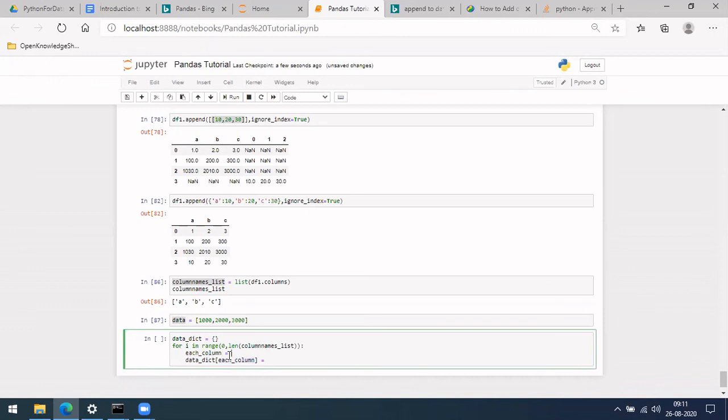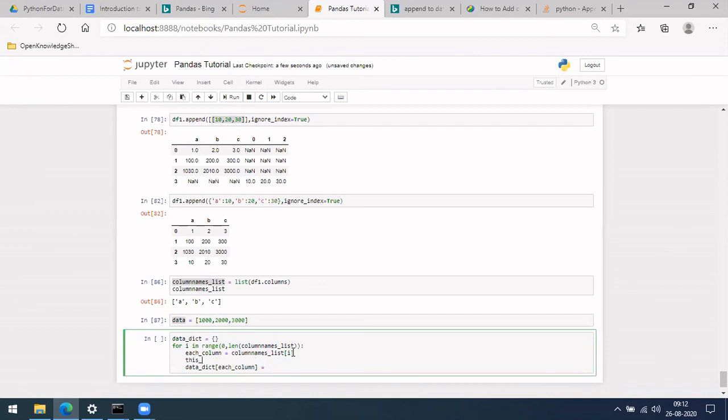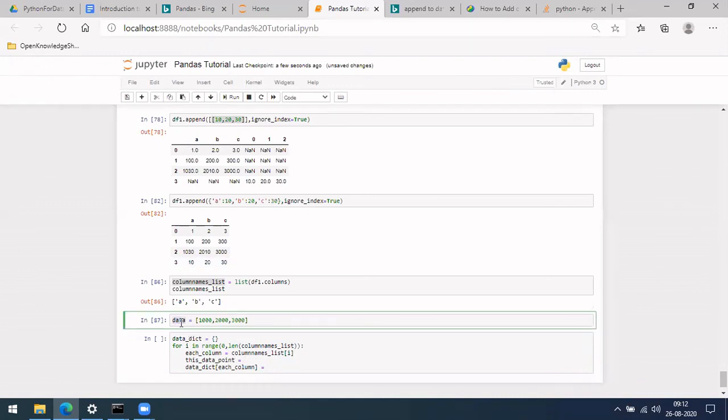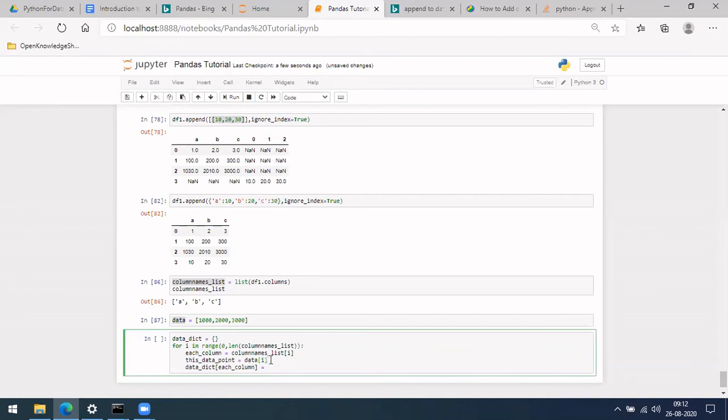This column is column list of I. Similarly, this data point would be data of I. So you want to make this a dict, with this column equal to the data point. Okay, let's see what this will give.